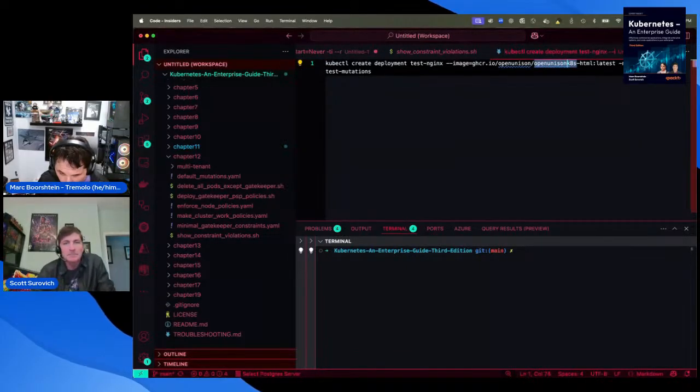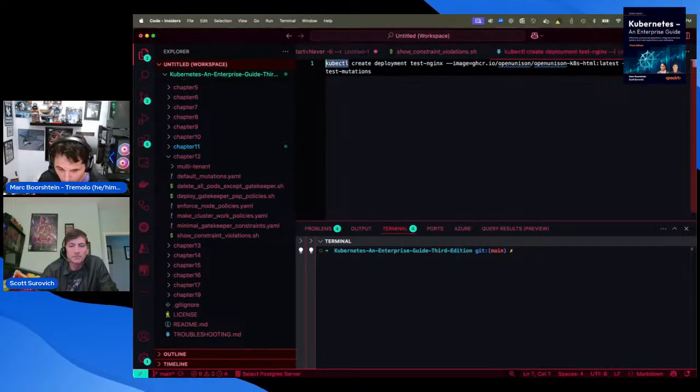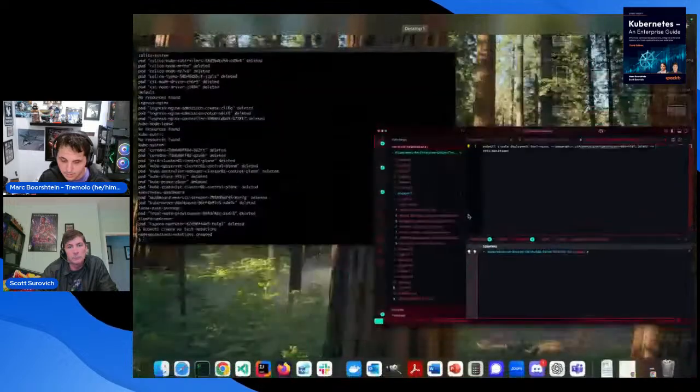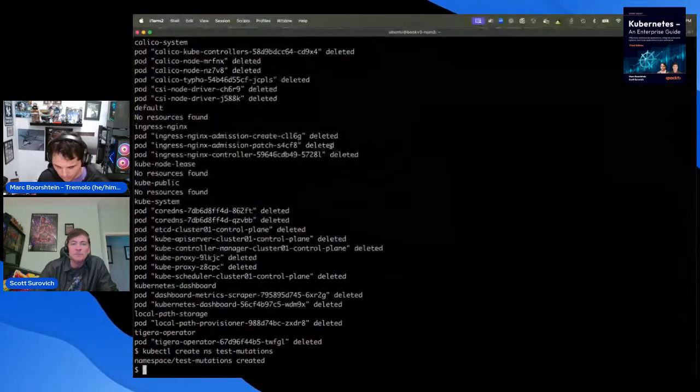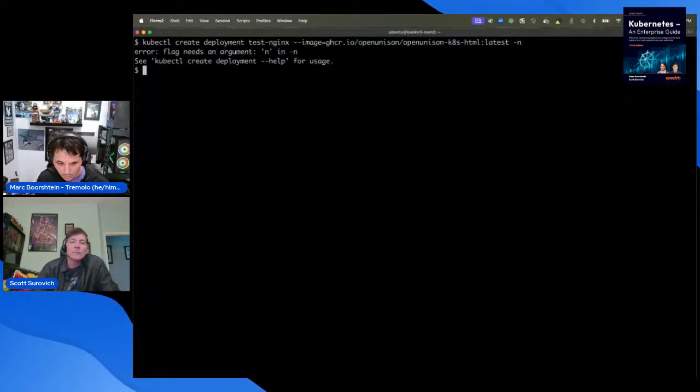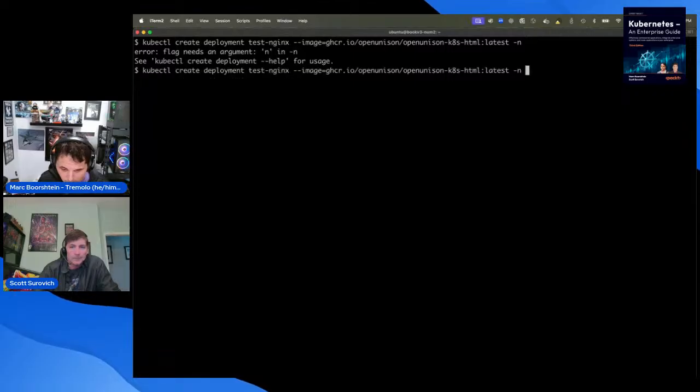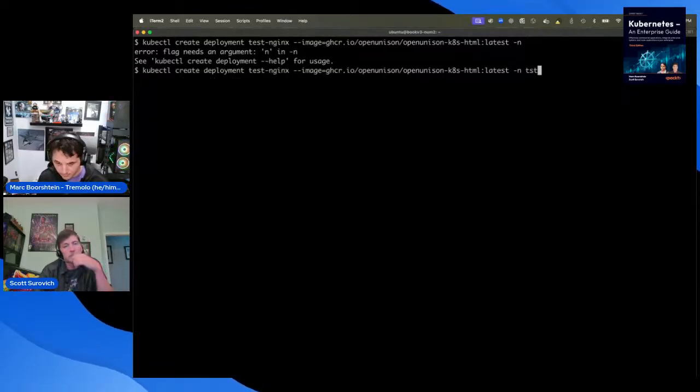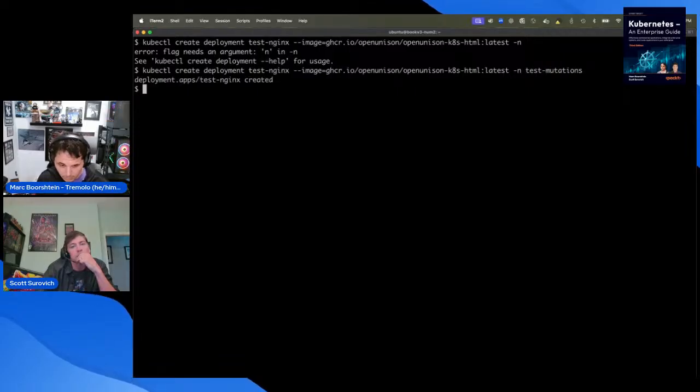Open Unison dash gates. Okay, all right, so I copied that. So let's go ahead and come back here. I created this deployment in mutations, and we didn't add anything special to it.